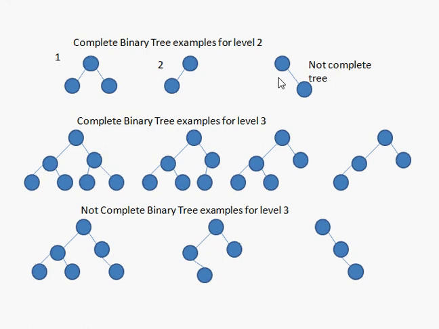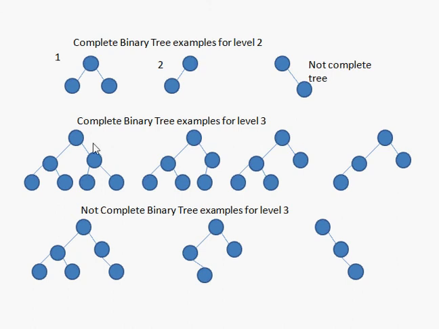Whereas if I remove the left child prior to the right child, then this doesn't look like a complete binary tree. This is an incomplete binary tree. When you place the elements of an incomplete binary tree onto the list, you can figure out that there is wastage of memory. Memory is not utilized properly, and many memory locations will be wasted. For a complete binary tree, if you transfer the data present in the tree to the list, all elements will be utilized effectively. So a complete binary tree is always preferred.